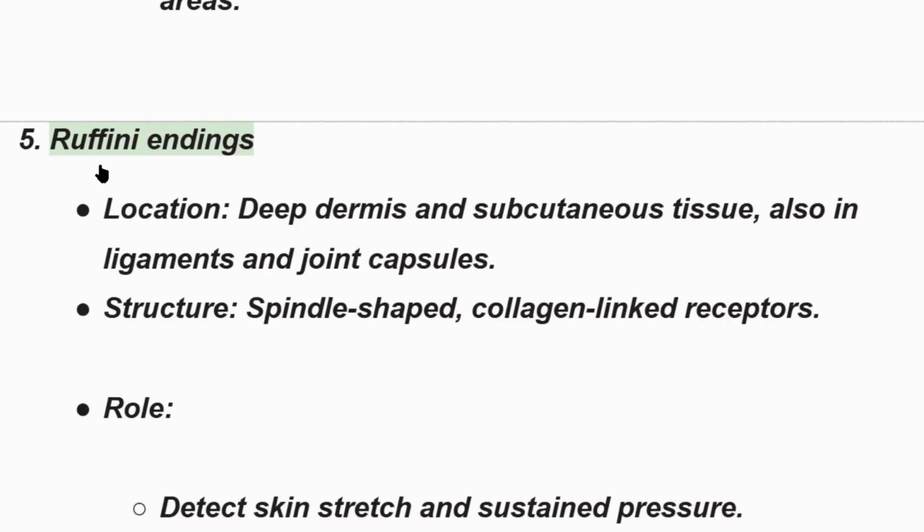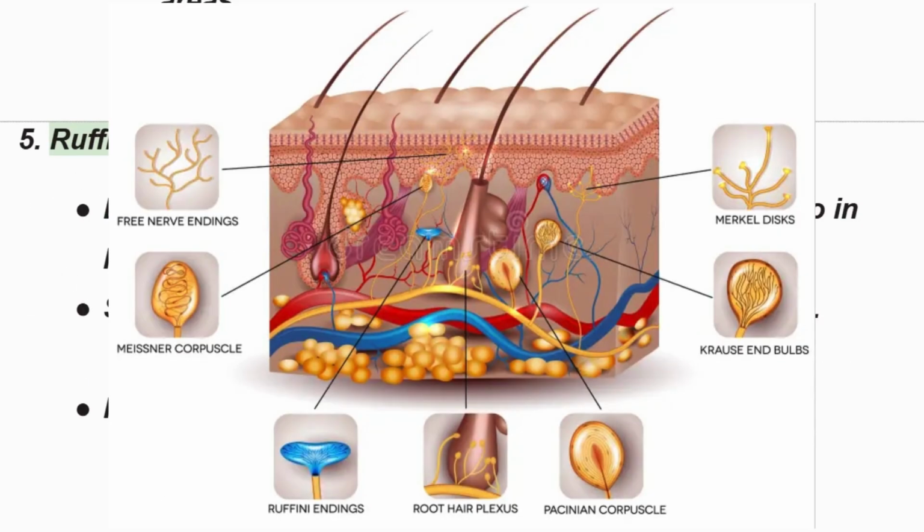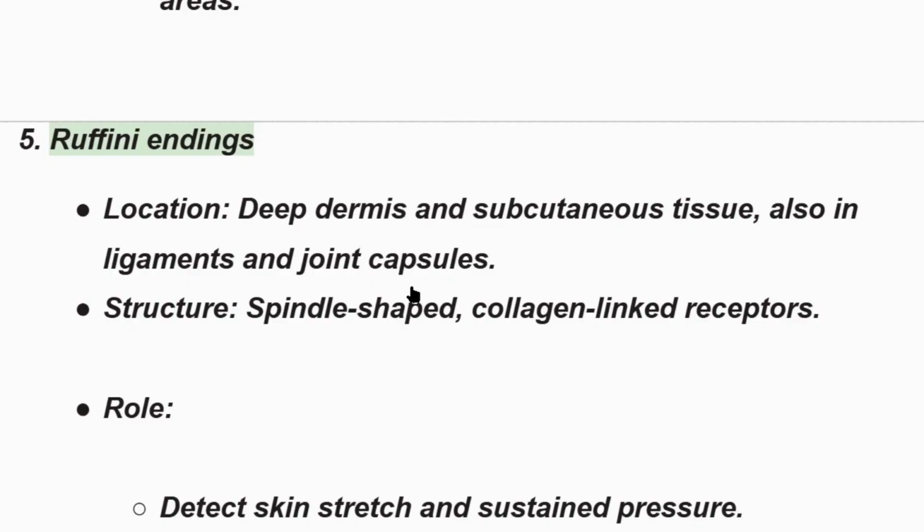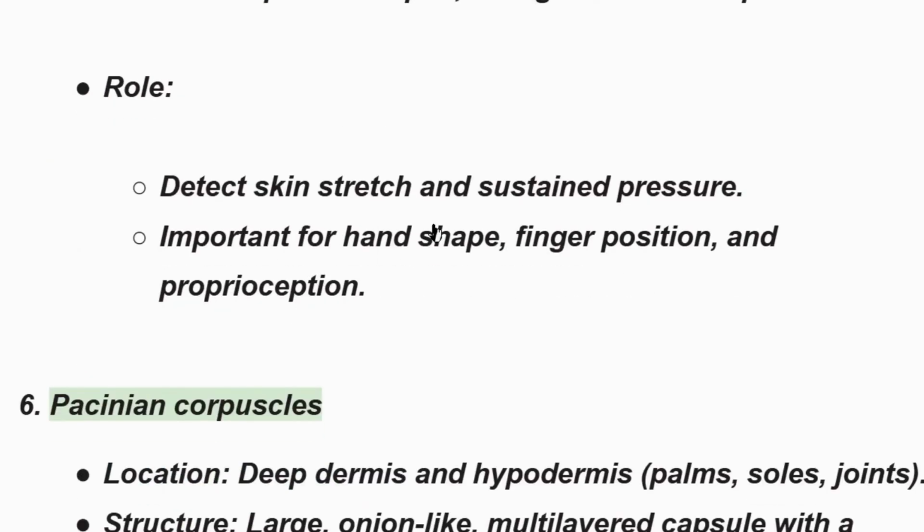And the fifth one are Ruffini endings. The location of Ruffini endings is the deep dermis and subcutaneous tissue, also in ligaments and joint capsules. The structure of Ruffini endings: they are spindle-shaped collagen-linked receptors. The role of them is to detect skin stretch and sustained pressure, which is important for hand shape, finger position,